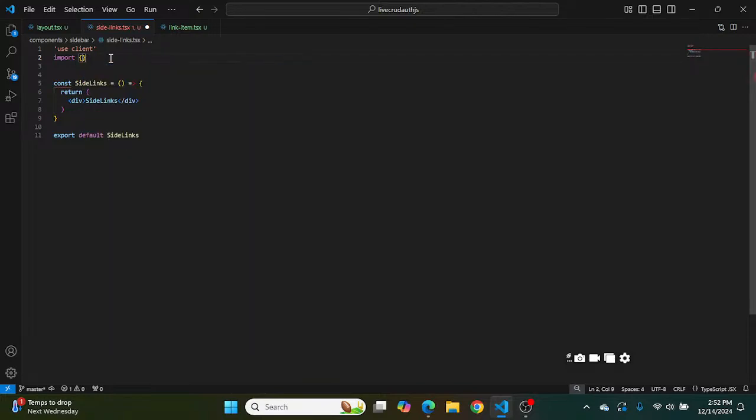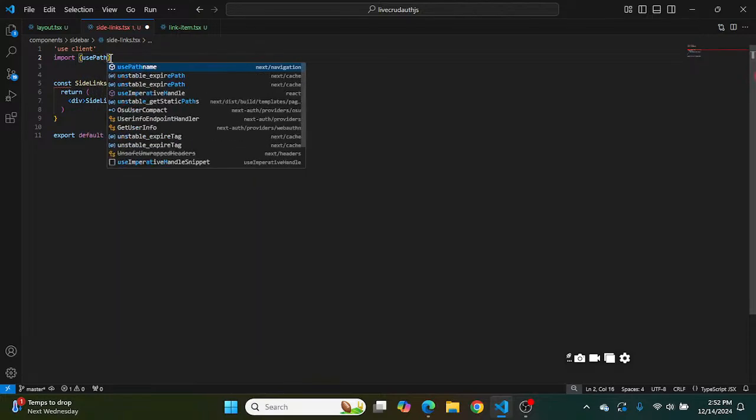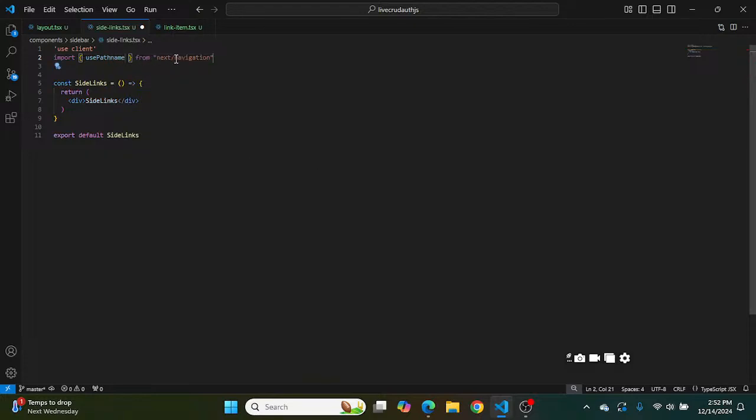This is a React hook, well, this is a feature from Next Navigation that's going to allow us to capture the path of the route that we're currently on. And then if that route is an active route, we want to be able to distinguish that link by showing